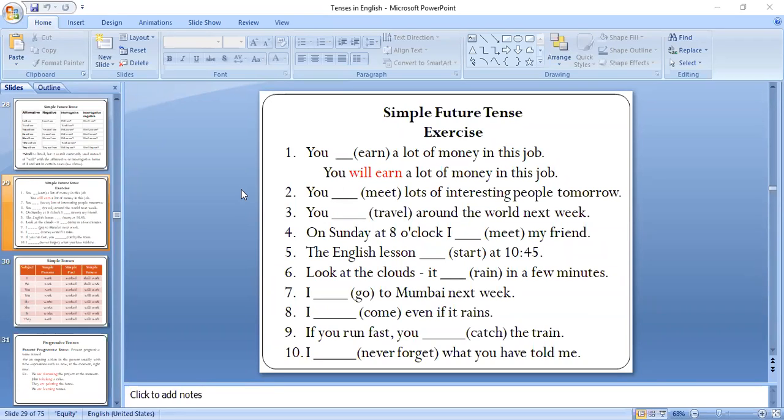Okay, so parts of speech. We will conduct a test on the parts of speech either today or within